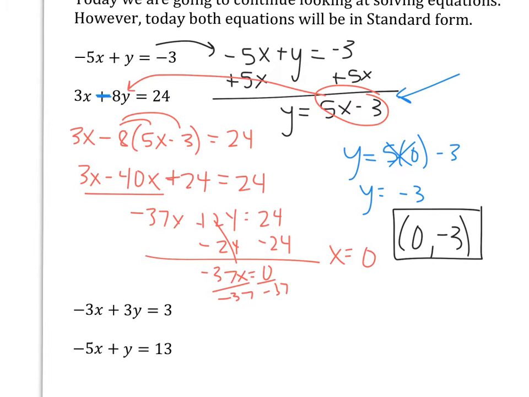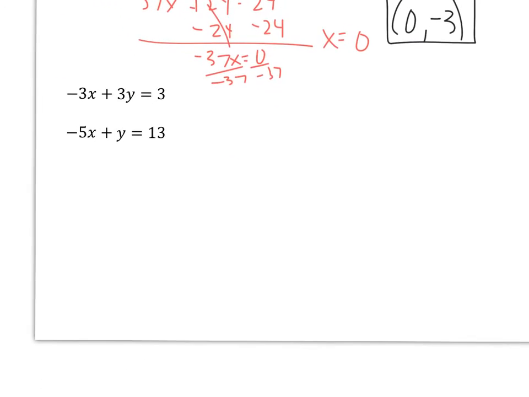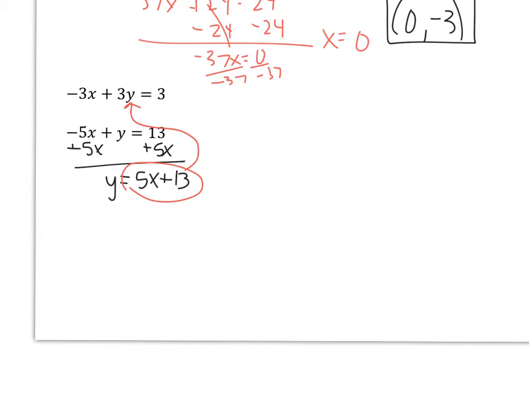All right, let's take a look here at one more example. So again, if I want to use a substitution method, I look for a single variable, which I see in the second equation of y. So I'll go ahead and rewrite that equation in terms of y. So adding 5x to the other side, and get y equals 5x plus 13. So now I'll take that expression and I'll substitute that in for where I see y in that first equation. And then I get negative 3x plus 3 times the quantity, 5x plus 13